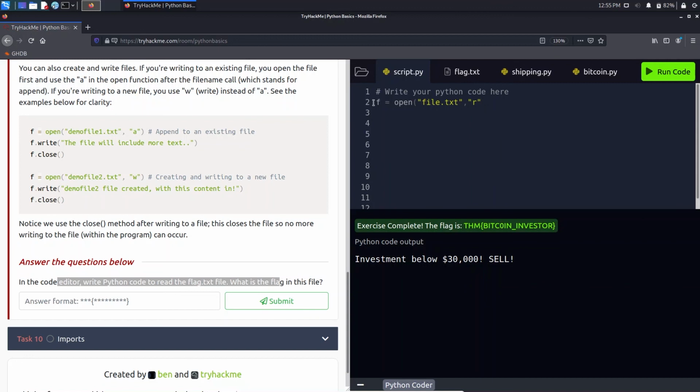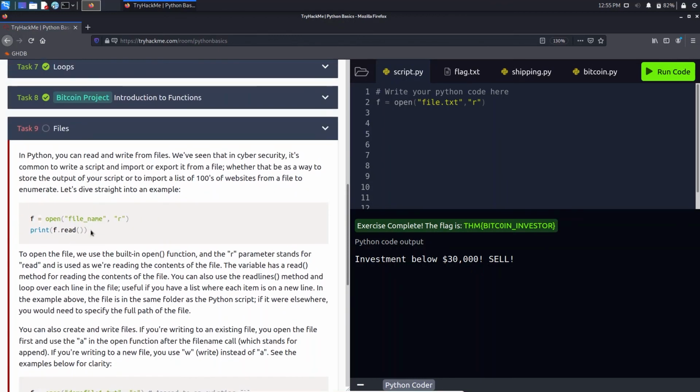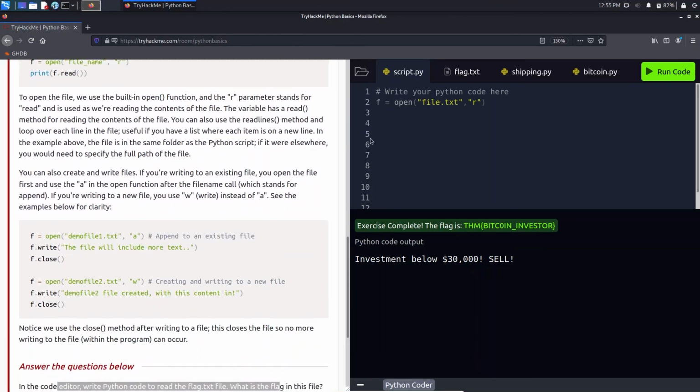For that we will use r, and for printing, I guess we use f.read. So in print we will use f.read. Then we will close the file, so for that I have f.close.